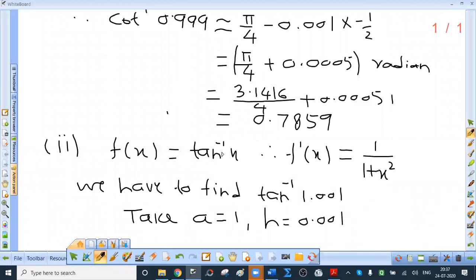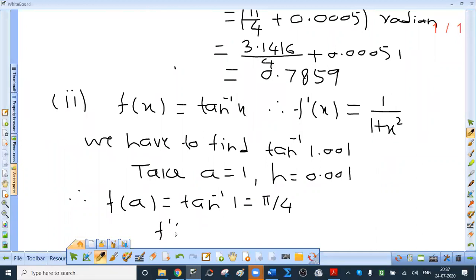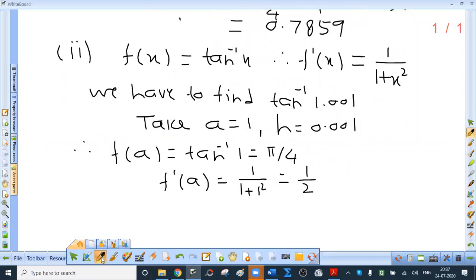So we expect the same answer. That is pi by 4 plus 0.0005. Okay. So let us proceed. So what is f of a? F of a is tan inverse 1, which is pi by 4. What is f dash of a? It is 1 upon 1 plus 1 square, that is 1 upon 2. Complete the solution. So formula for approximation is